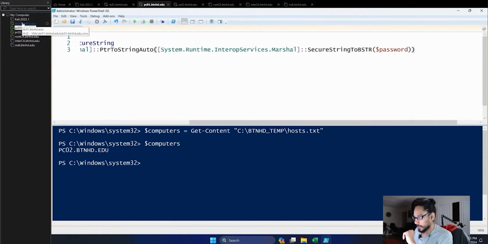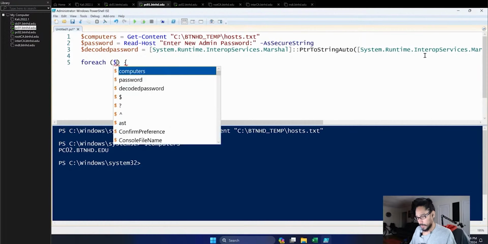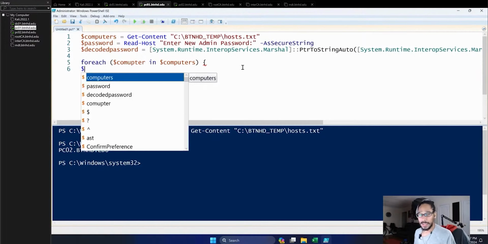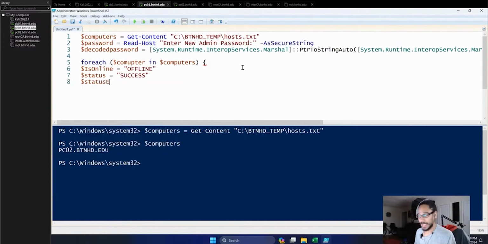So this is what it is. Okay, so we are going to do a foreach, open and close parentheses. We're going to give it a wiggly bracket to start it off, and inside the parentheses we're going to declare a variable. Let's call it computer. So we are going to do a $, and it's going to be is online, because I want to know whether or not the computer was online. If it was offline, boom. Line 8, we're going to do another variable of status error equals open and close, and inside there we're going to do failed,